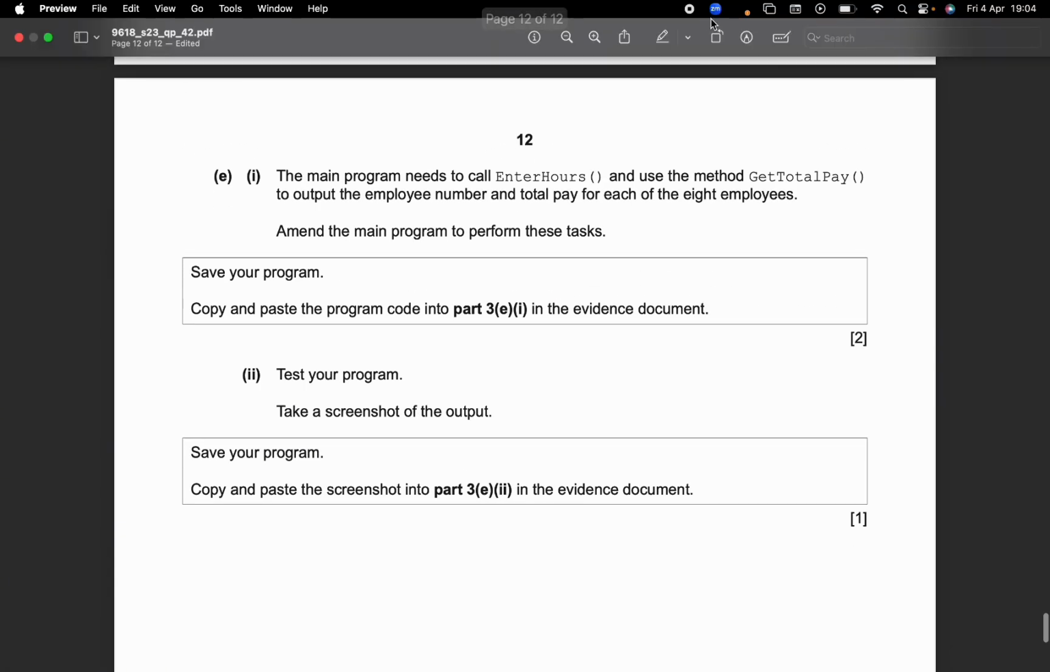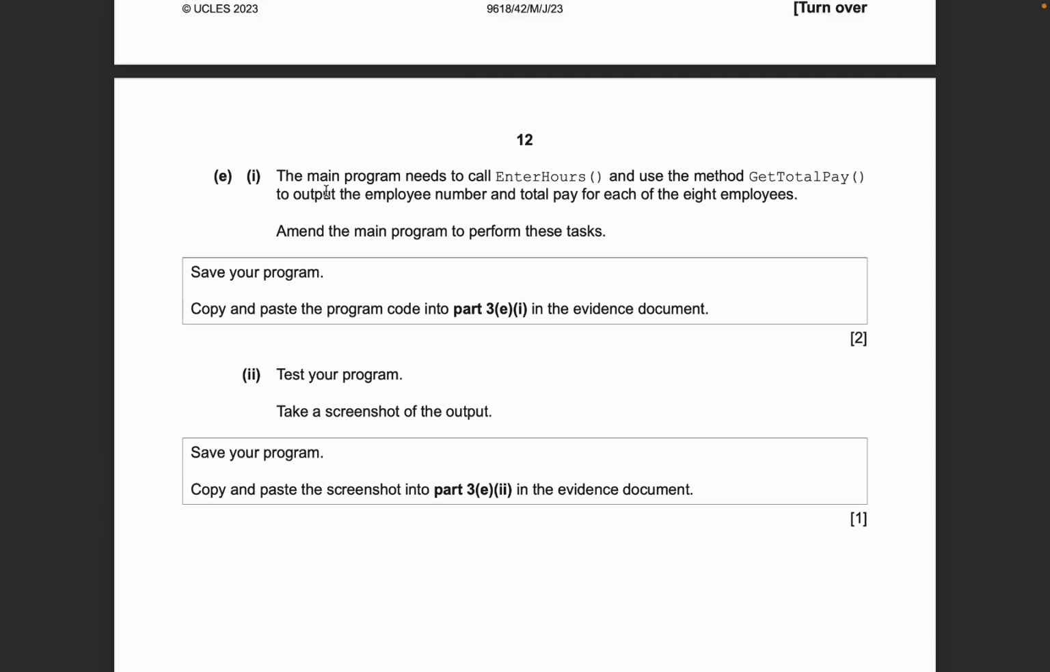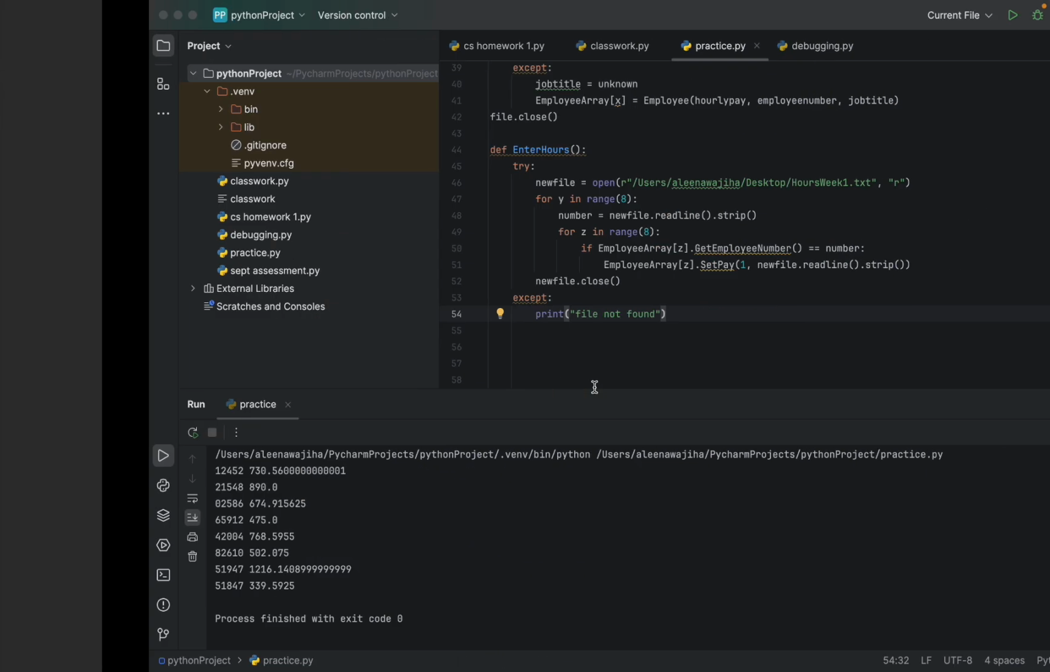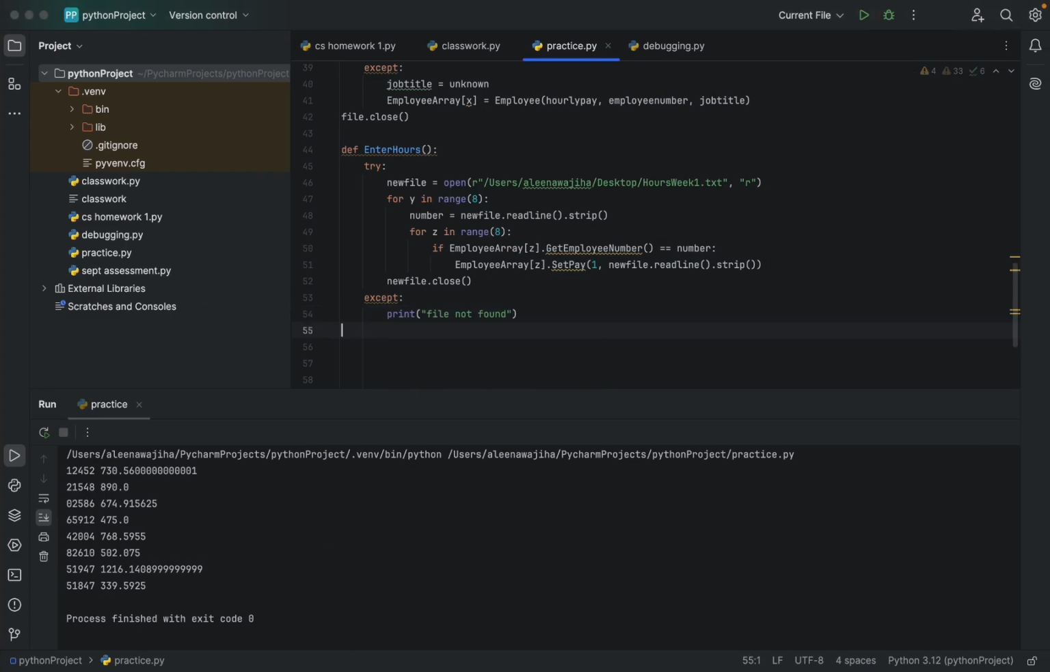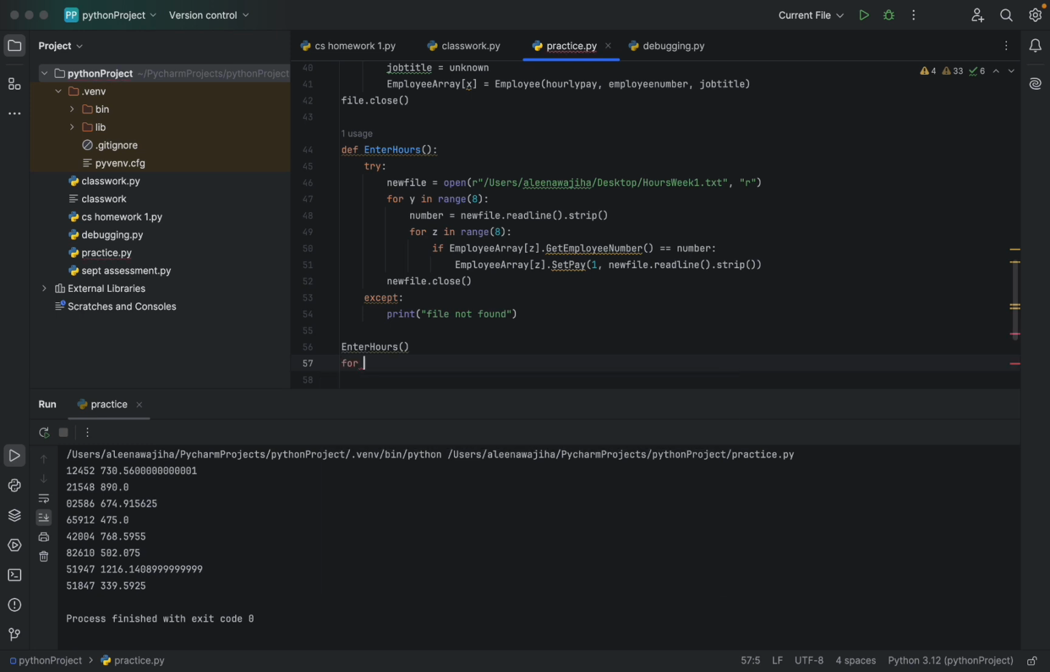Okay, now it says that the main program needs to call enter hours and use the method get total pay to output the employee number and the total pay. So we have to output 2 things for each of the 8 employees, which means that we have to put it in a loop. So we have to amend the main program and then it's test your program. So now we are going to go back to the main program. I'm going to call enter hours, and then we're going to put a loop